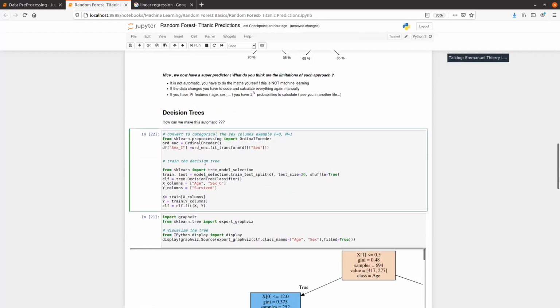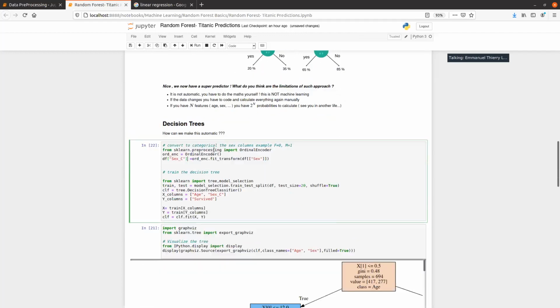What I'm going to demonstrate here is how to build a decision tree like this in Python. It's really easy, because we have a very nice library in Python. First, you will notice that in the dataset before, the column sex was labeled as a string, F for female and M for male. But the model doesn't really like categorical features as strings, so you can directly encode them with that function.